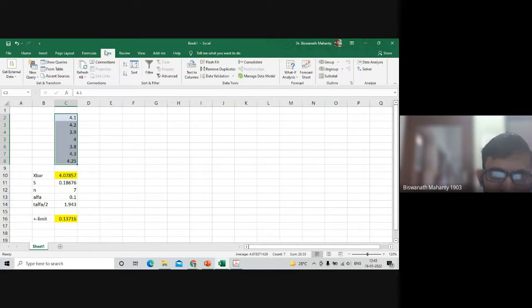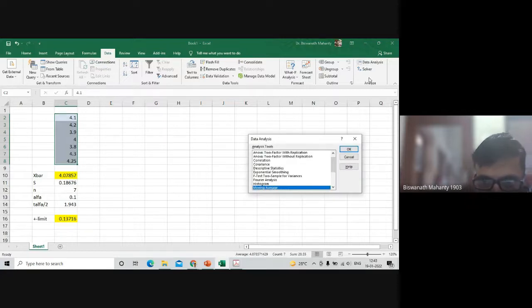In my Excel, under the data column, there is a data analysis tool pack. Excel will do the job. You need not do it yourself. I'll show you how. So what I'm going to do is, for example, in this case,